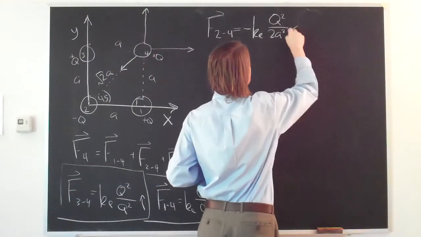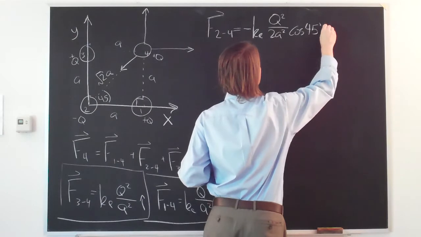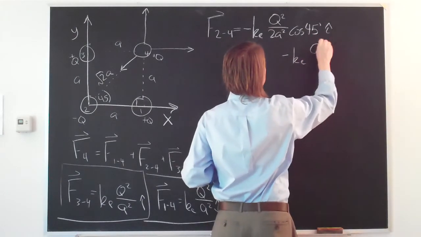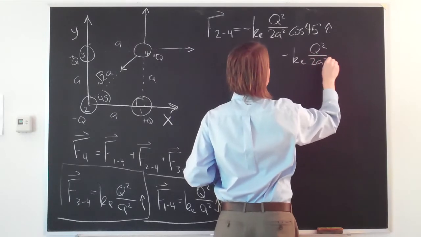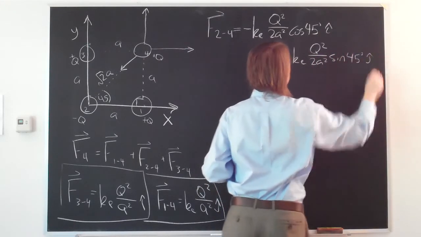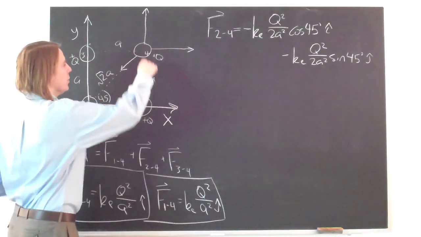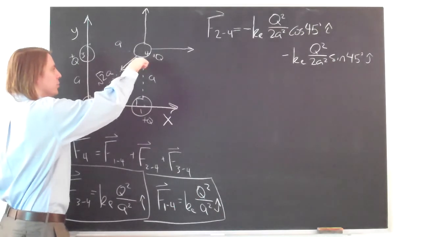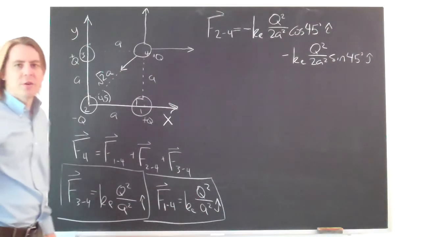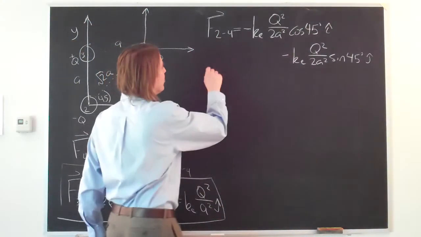So minus that times cosine 45 degrees i hat, and minus k e the same magnitude q squared over 2a squared sine 45 degrees j hat. So that's the force. And the y component also will be negative, also will be at 45 degrees. Okay. So we know the sine of 45 and the cosine of 45 is the square root of 2 over 2. So we can simplify this